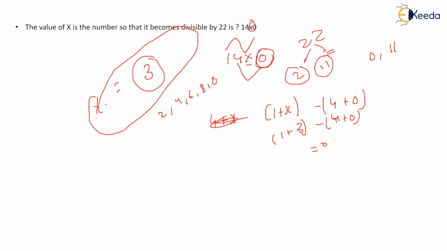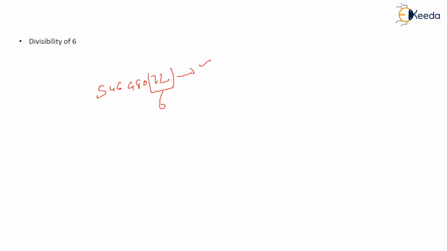Okay, simple. While dealing with divisibility of 6, there is one more rule that I like to tell you. 6 is a number that you can write as 2 into 3, right? And what else can you write? You can write 6 as 2 and 3. And for 12, you can write it as 2 and 6, or 3 and 4, right? You can write in this manner, 3 and 4.